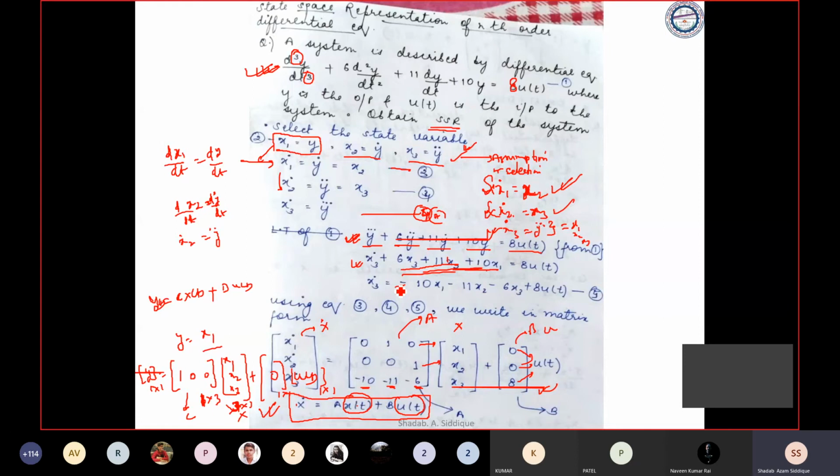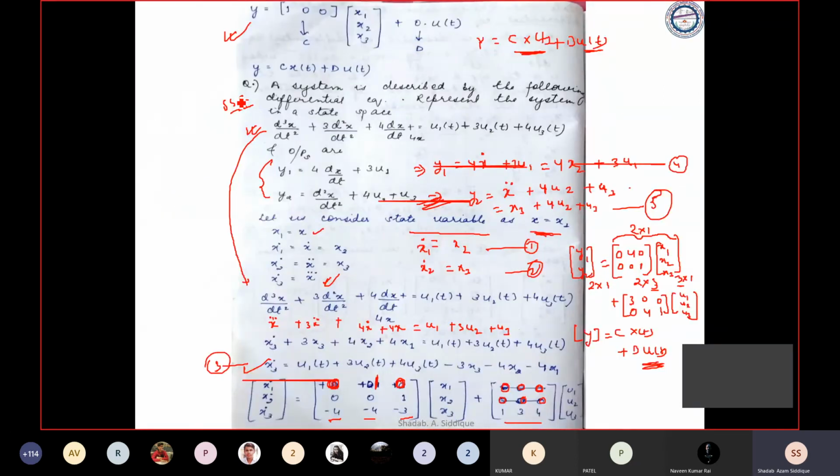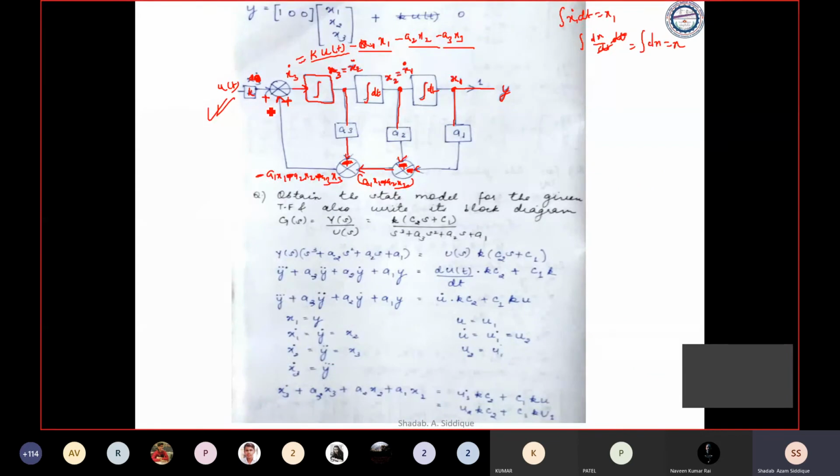Okay, so now we have another transfer function which is given here. You can go through this. Also write the block diagram. It is given in the state model for the given equation. State model means what? State model means state equation and output equation, and you can go through the block diagram representation of this. Okay, so you can go through this.